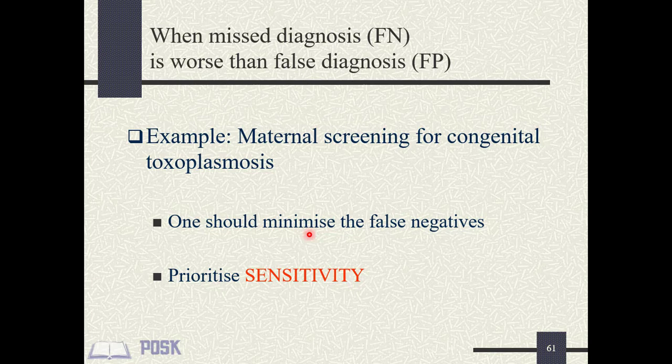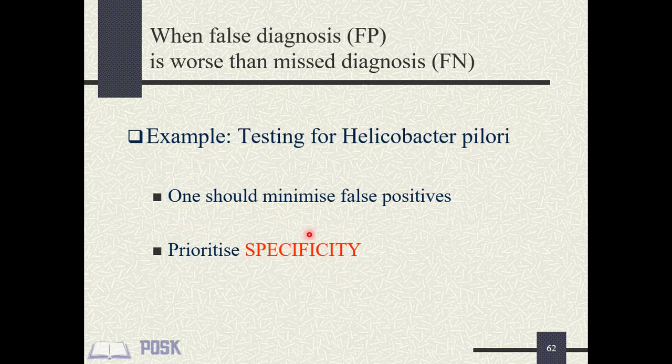We know the earlier the treatment for congenital toxoplasmosis is started, the better the prognosis. So it is important to identify all cases, even if the probability of including some normal cases as false positives is increased. Making this decision is made easier because the treatment is not expensive and is also relatively safe. So the potential complications of giving unnecessary treatment to the false positive cases are not very great.